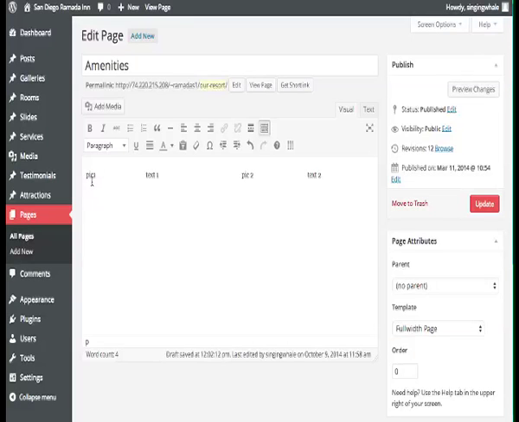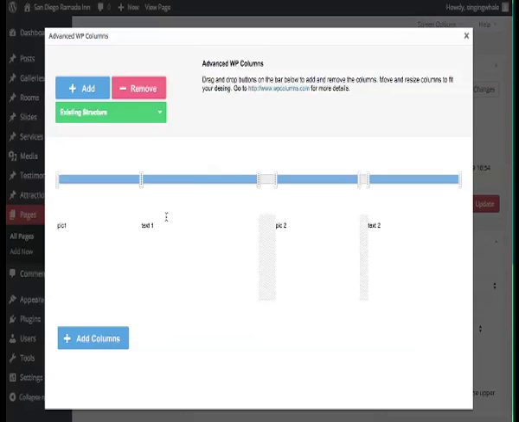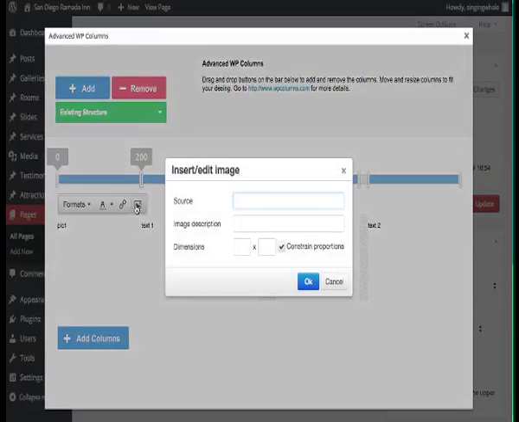When we add pictures, we're going to be doing it through Add Media. When we're going to do text, we're actually going to highlight the text, click on the columns, and actually edit the text right here. It's important to do this. When we try to add a picture, you're going to see that it asks for a source that's outside of the website. So if we're going to add a picture, the best way to do it is actually work in the column section,